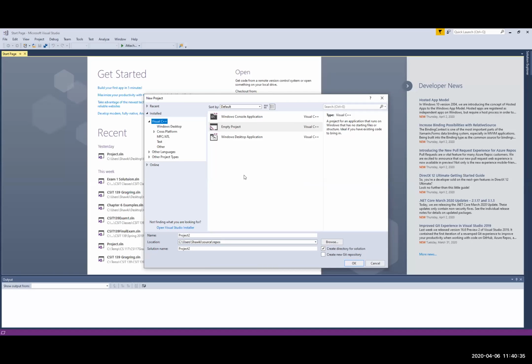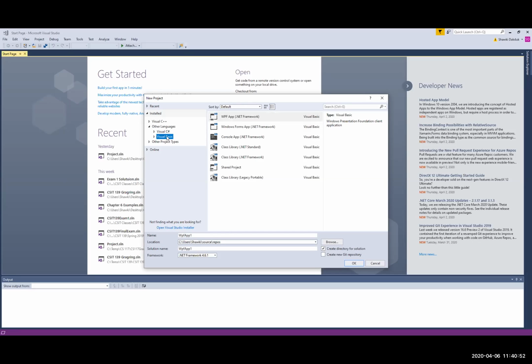When you get to that, you have to specify which programming language you're going to be using. Be very careful, because Visual Studio is not just Visual Basic, it has Visual C++, which is what's selected right now. I want to change from Visual C++ to other languages. Select Visual Basic. Make sure you select Visual Basic, first step. And then once you select Visual Basic, you want to select from the template on the right-hand side. Always you want to select Windows Form